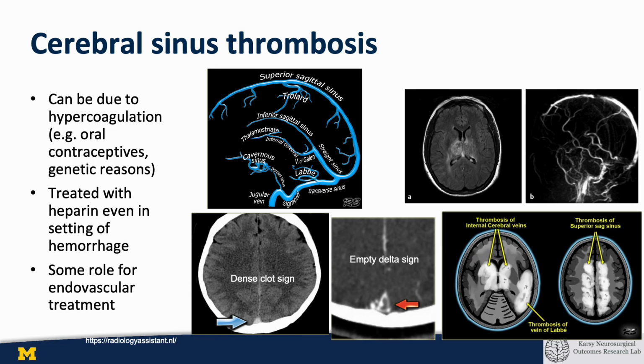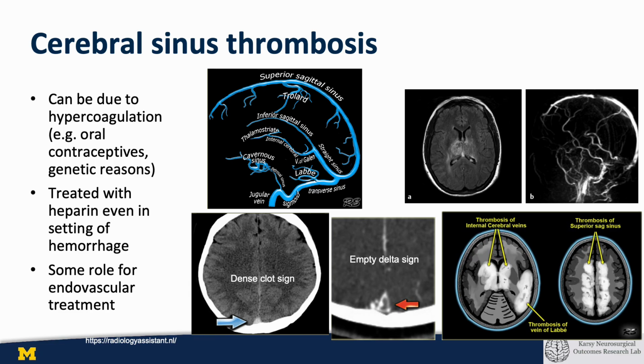So it's an empty delta or triangle. And on an MRI scan, you can see the pattern of thalamic edema that's occurring because the brain cannot drain well. MRV studies can help demonstrate where the occlusion is coming from, and some patterns on the type of venous infarction